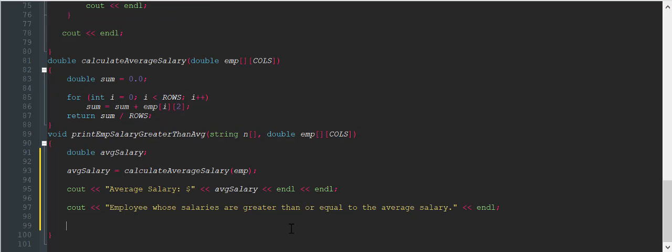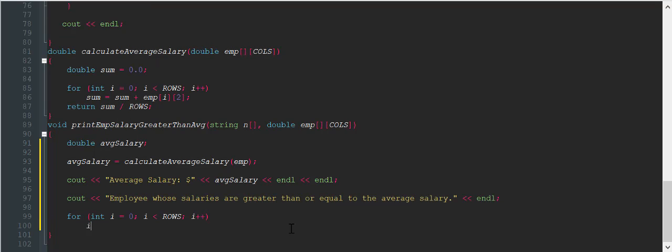And down below you write for int i is equal to 0, i is less than rows, i plus plus, and now if EMP[i][2] is greater than or equal to average salary,